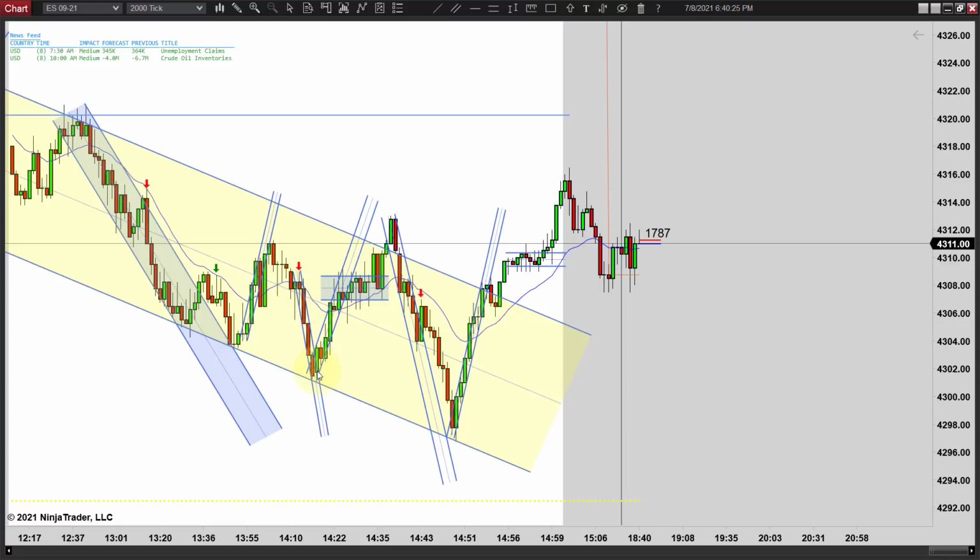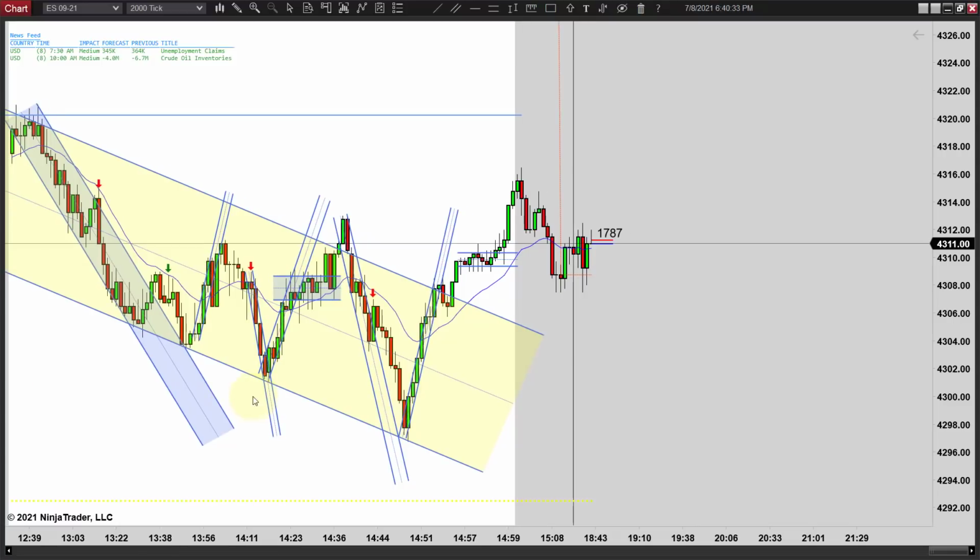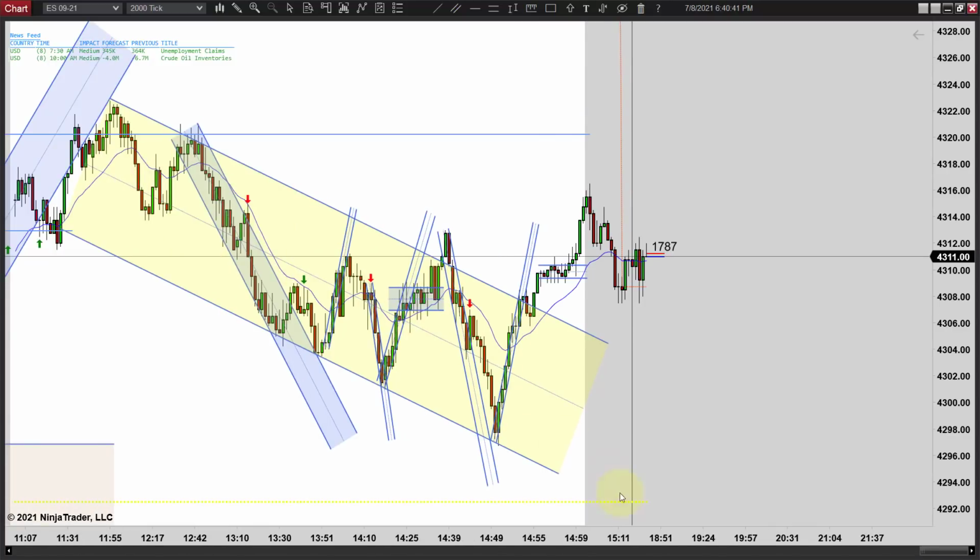I like going short there because now you've got a first entry, and then you push through the EMA and you get a second entry. It fails, and it's just a free shot back to the low. And of course, we bounce right off the low side of the channel. You get a first entry, second entry short,